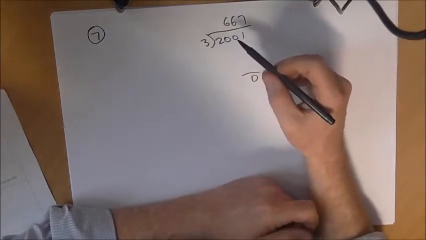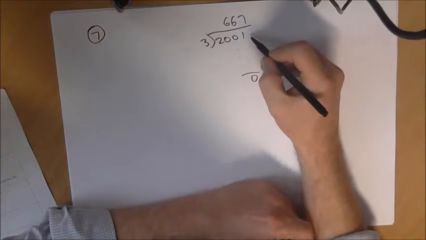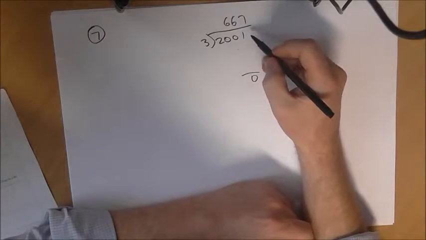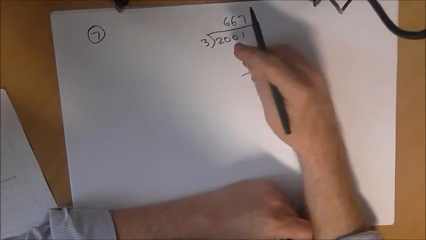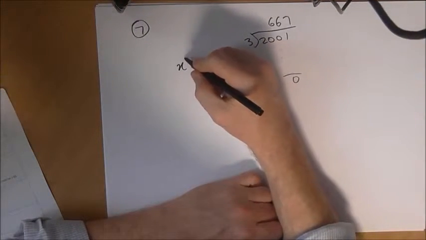To work out if a number is divisible by 3, just add up the digits and see if that's divisible by 3. These add up to 3. 3 is divisible by 3. So therefore the whole number is divisible by 3. The algebra equivalent of that,